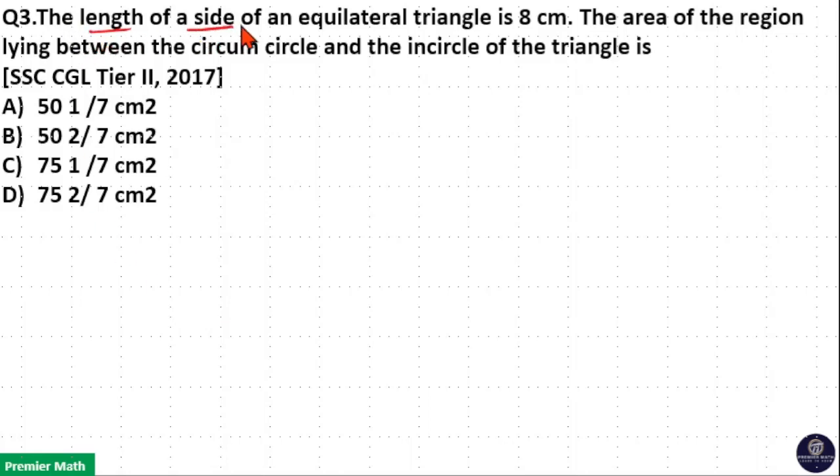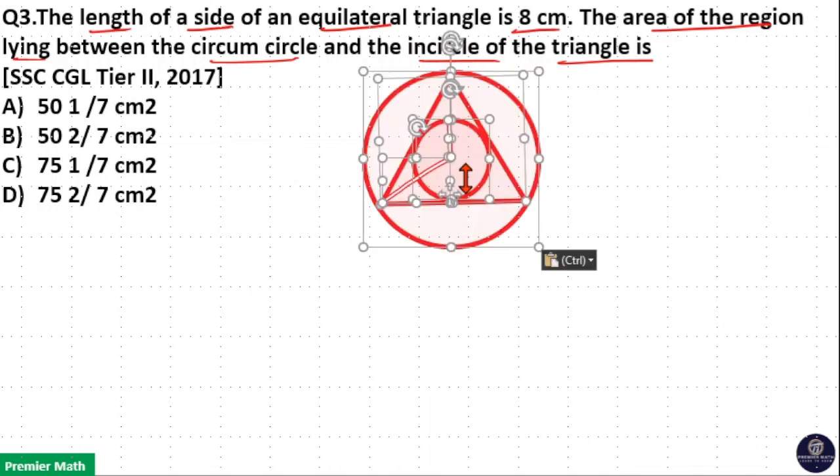The length of a side of an equilateral triangle is 8 cm. The area of the region lying between the circumcircle and the inner circle of the triangle is. Here the diagram is